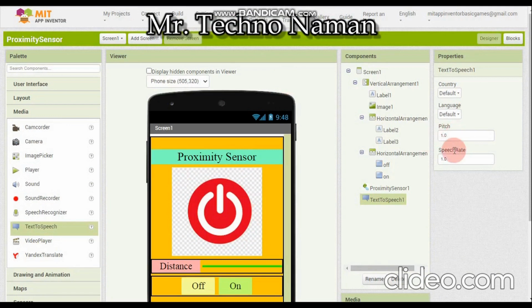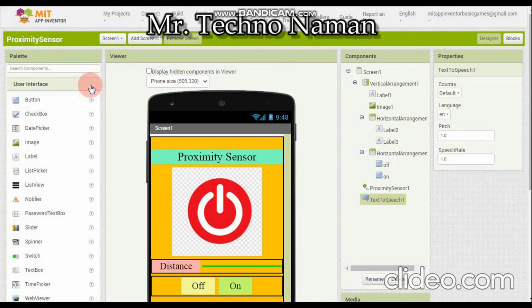You can just change the pitch rate and the speech rate and all. Keep the language as English, so it's EN. So with this, the designer part is over. We'll be moving on to the blocks now. So the blocks for this app are also very simple like the previous app. So let's start